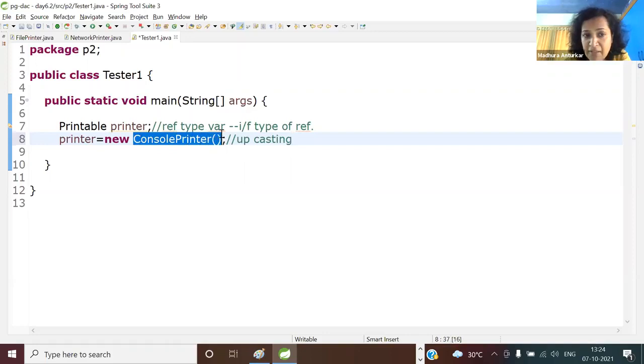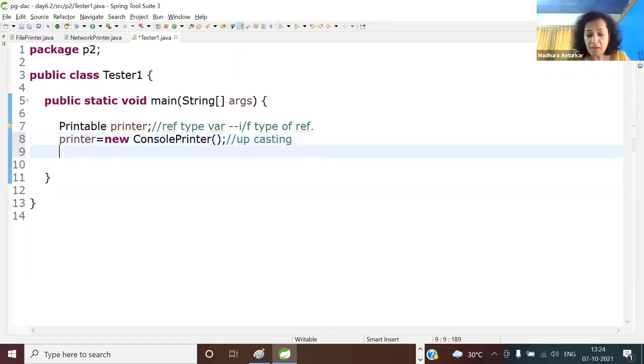Can I say every console printer is printable? Yes, because it has got the print method implemented. So this works perfectly. Okay. And when I say printer.print,